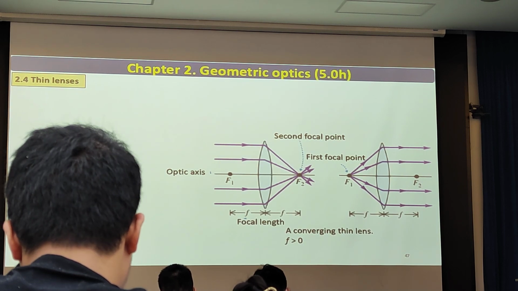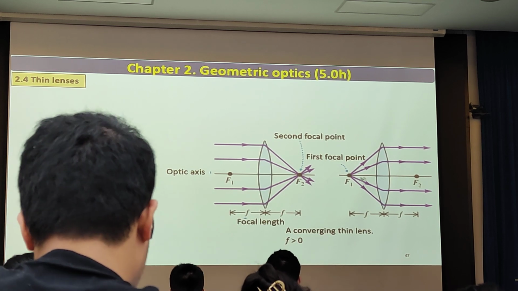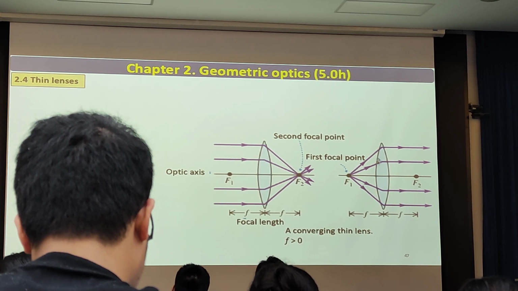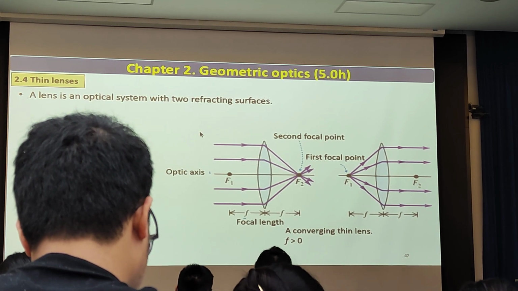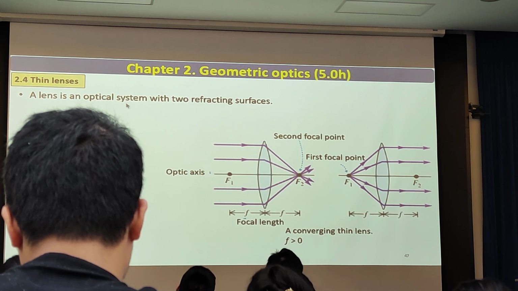Now we will move to the thin lenses. Thin lens, so we will see also the glass here, thin lens. So showing you here is the figure of the thin lens. Okay. So the definition of a lens, so a lens is also an optical system, but with